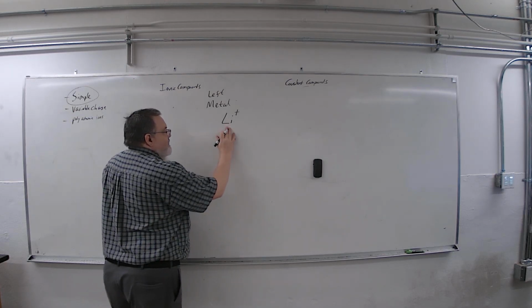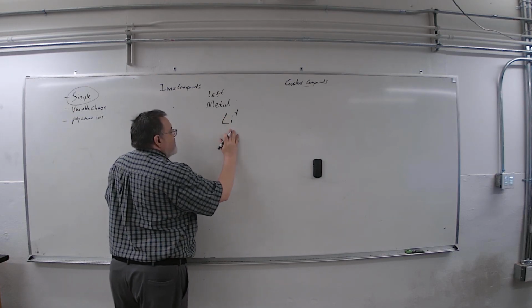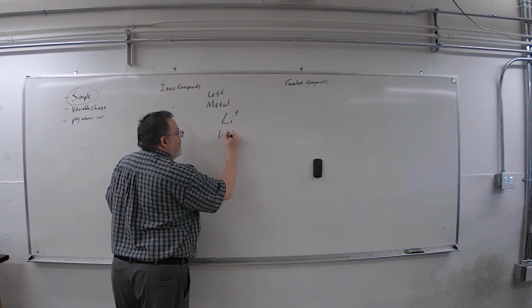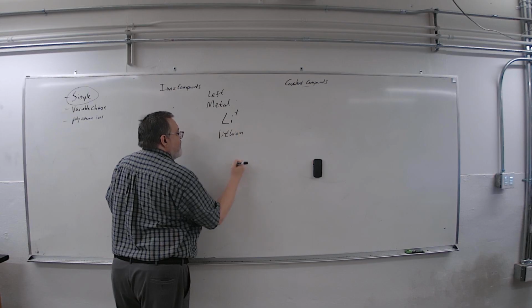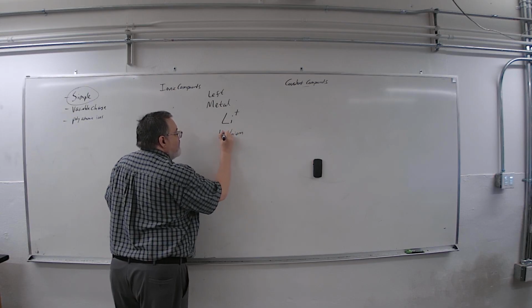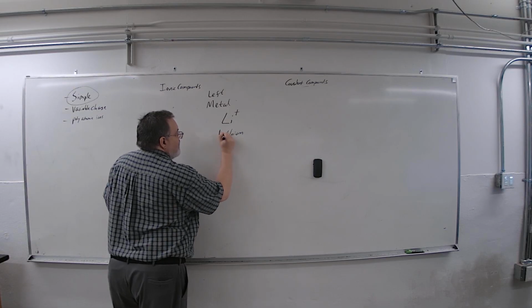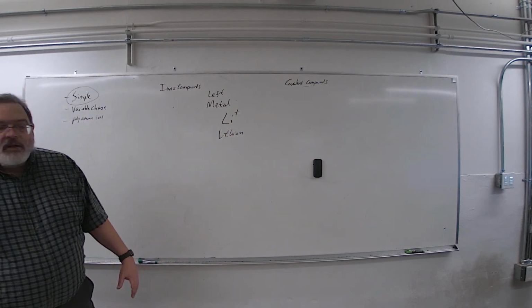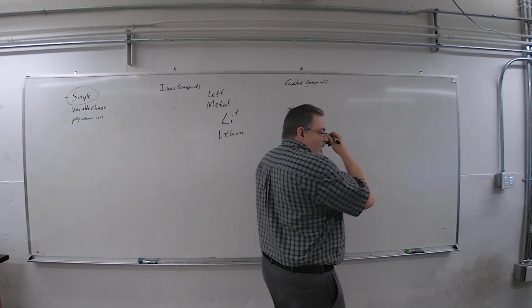You look at the periodic table, you find your lithium, you get the charge, and you can just literally write down what's on the periodic table. Lithium. So the metal, easy, right off the periodic table. The non-metals,